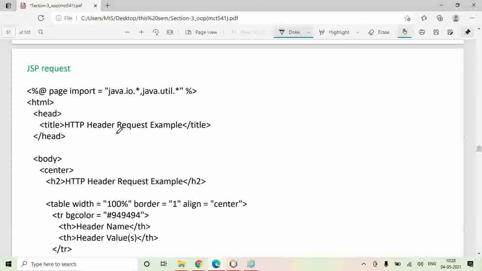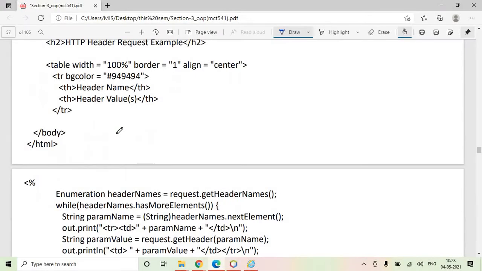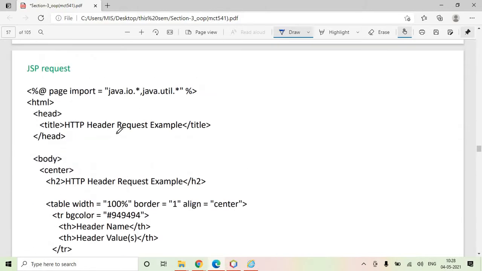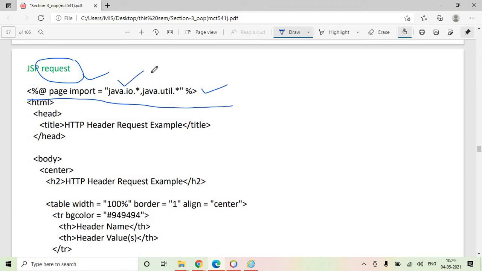Here we have written one example for the JSP request, showing how the JSP request object works. We wrote a program wherein first we imported 2 packages, java.io.* and java.util.*.